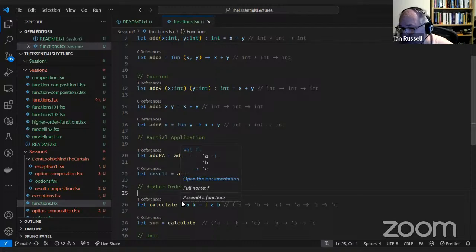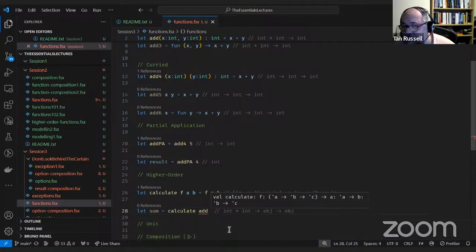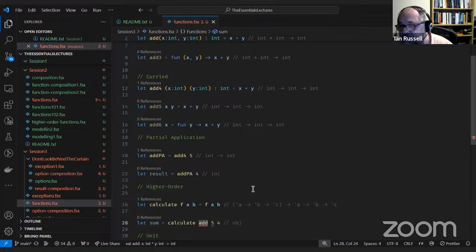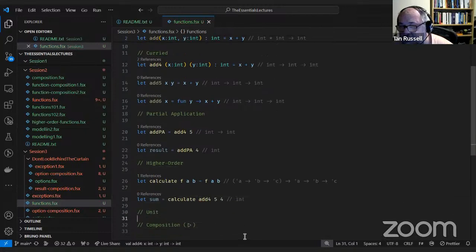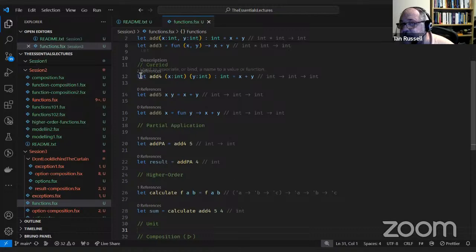So I need a function that takes two parameters, and I'm going to provide those two parameters. I've already got one of those in that I've got add. Oops, I can't use add because add is tupled. So a higher order function takes another function as a parameter. In this case, I've passed in add4, which is this function up here.